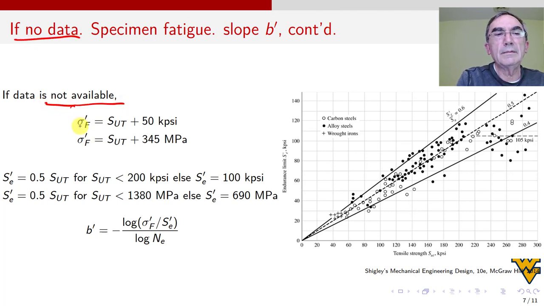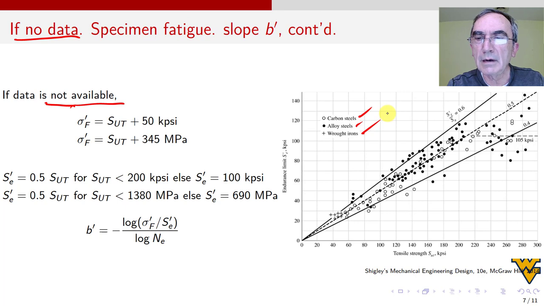Then we can use this estimate, but I cannot guarantee that this estimate will work for modern materials because this is for carbon steel, alloy steels, and wrought iron from a very old time, from the 1950s. I didn't track down exactly this graph, but most of these graphs in the textbook were created in the mid 20th century. So if you work with modern materials, you're going to have to get your own data. Even if you're working with these materials, I have no idea how accurate this estimate is, but this estimate, SE prime, is here on this plot.